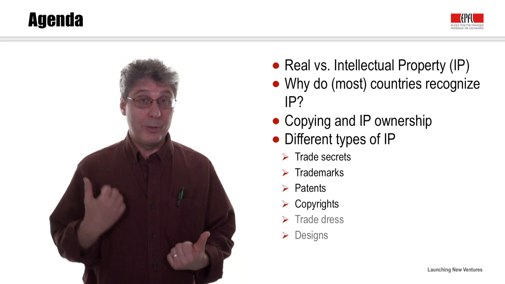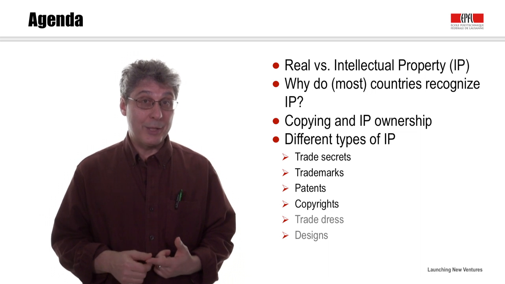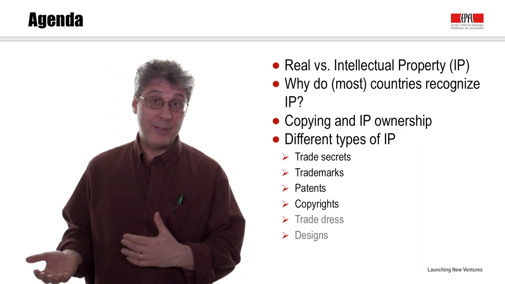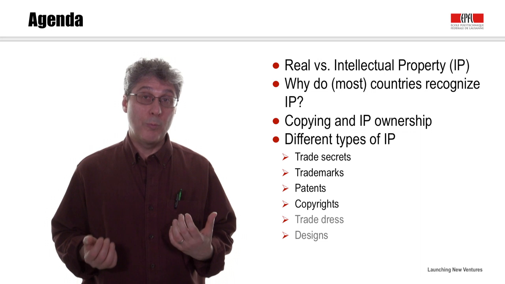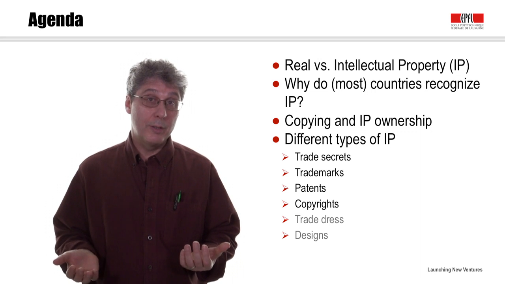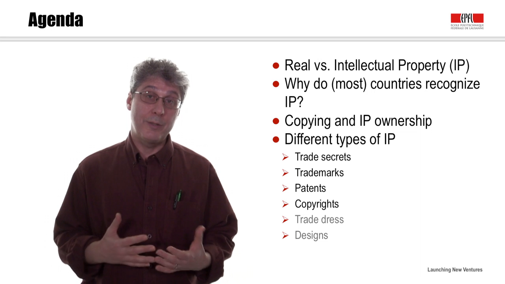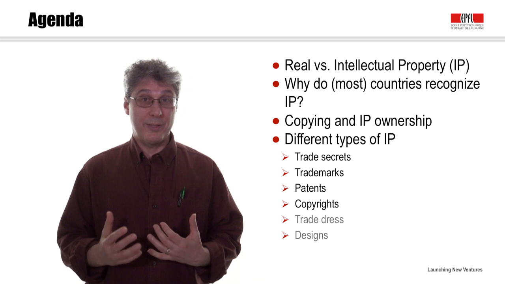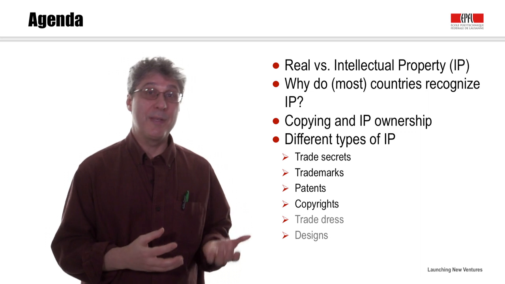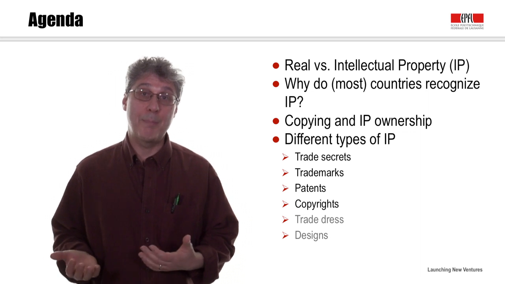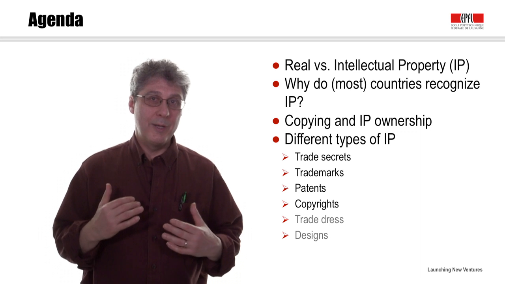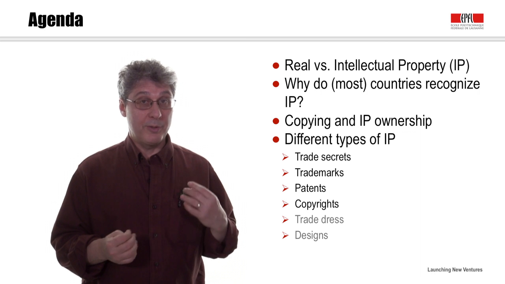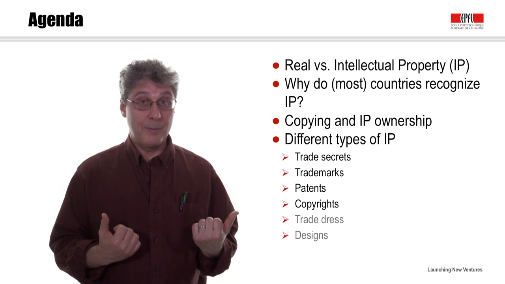Welcome back. We're going to talk in this segment about intellectual property. We're going to describe it and discuss it. We're going to figure out how it's different from other forms of property and why governments around the world recognize it and use it and find it useful for the people in their own countries and jurisdictions. We're going to discuss what it means when someone copies you and how you can prevent them from copying you. And then we'll talk through the details of the different types of intellectual property, starting with trade secrets, trademarks,